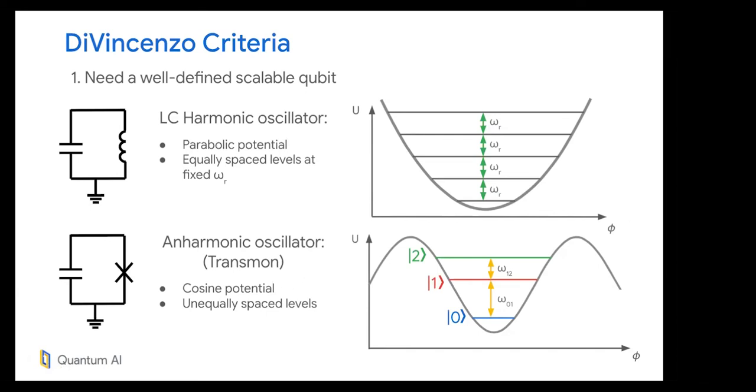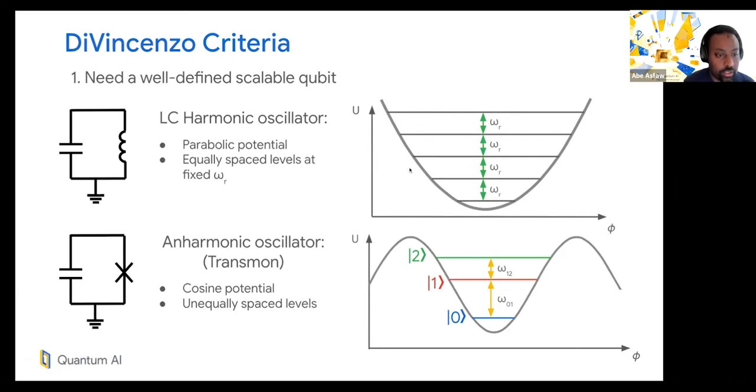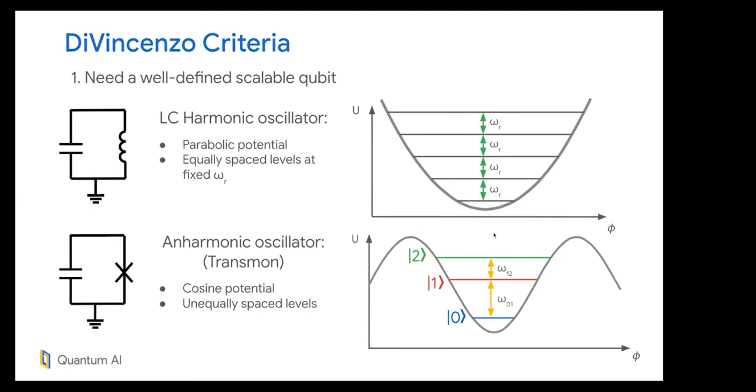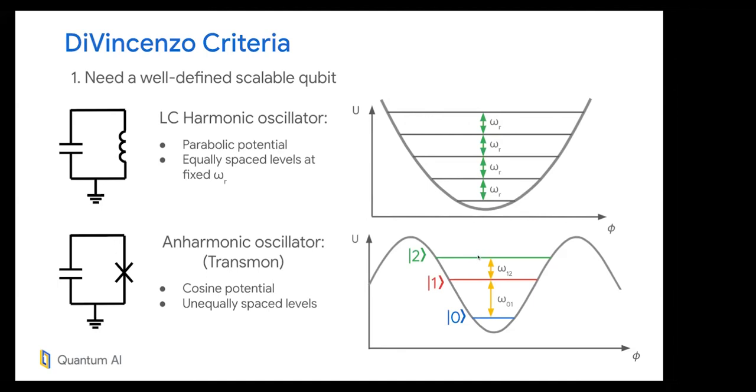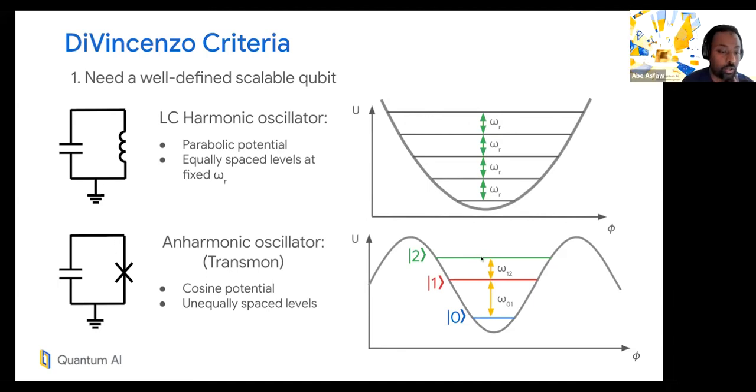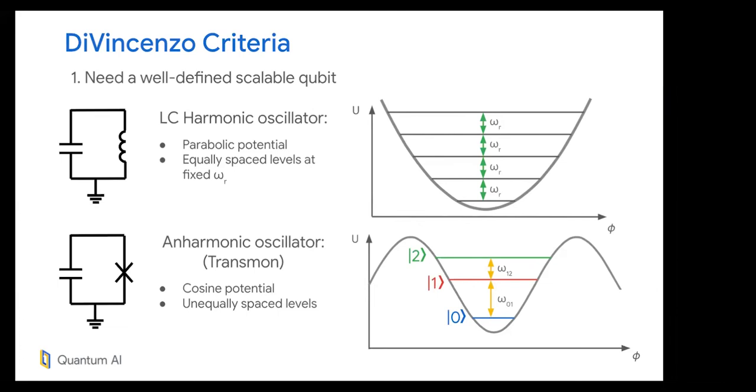That small perturbation from being a parabolic potential means that these energy levels are now spaced out. What that means is the space between your 0 and 1 levels, your 1 and 2 levels, and your 2 and 3 levels are all well defined. And so you can identify 2 of these levels as your qubit,